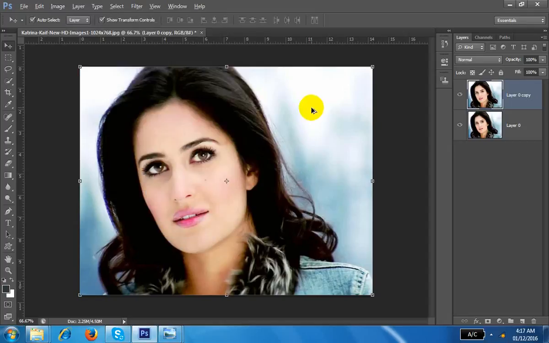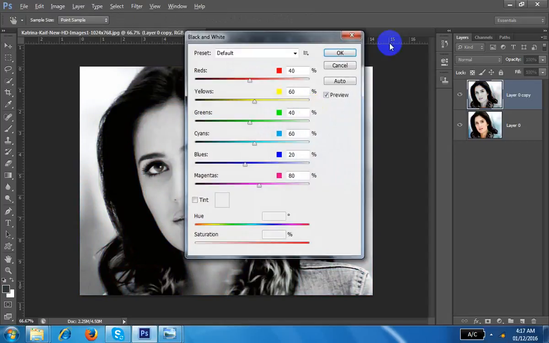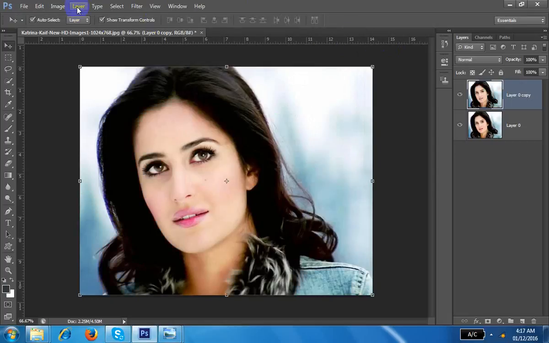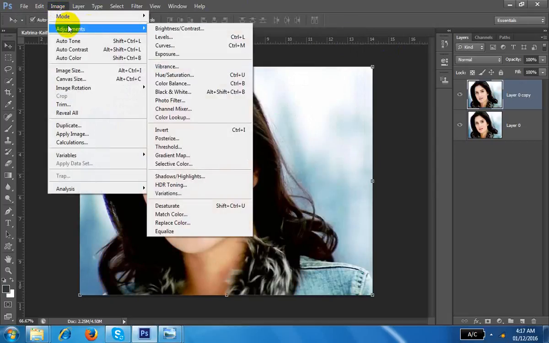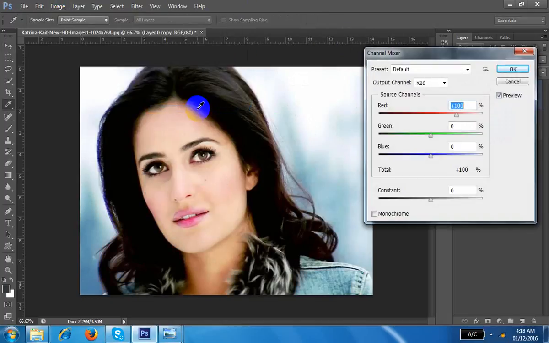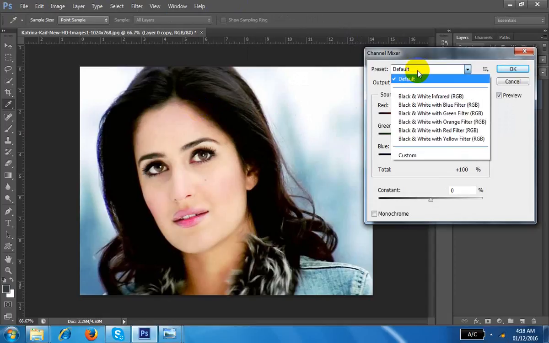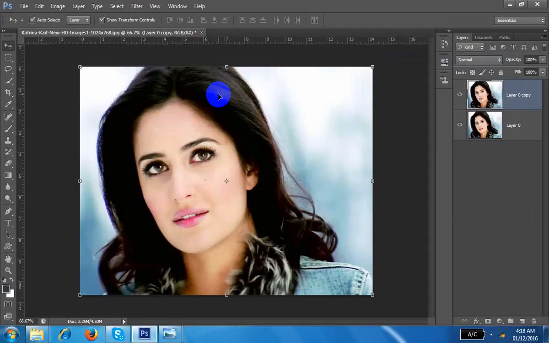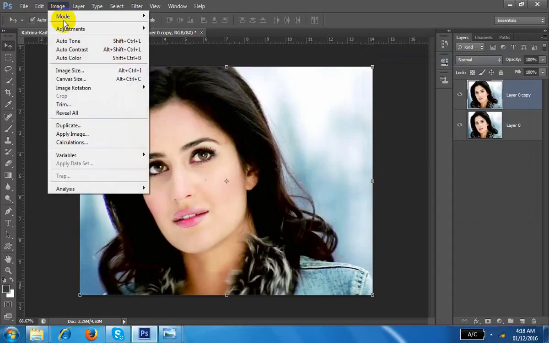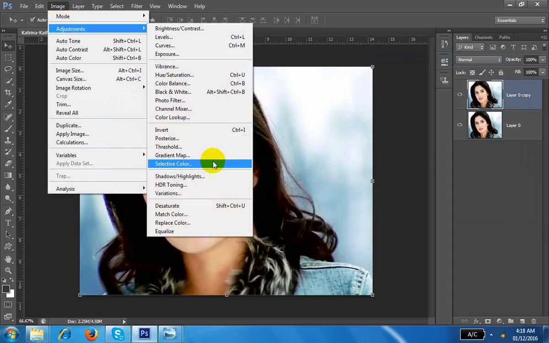So Control Alt Shift B is the shortcut for this one. So what do they do? How do they make black and white? They go to Adjustments and find the Channel Mixer, and they find this window. Again, I can tell you all of this: how to make wonderful, excellent, professional black and white. Go to Image, Adjustments, Channel Mixer. This is 100% good and best for black and white photographs.